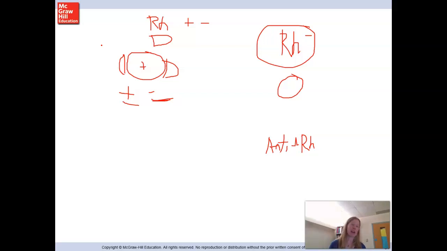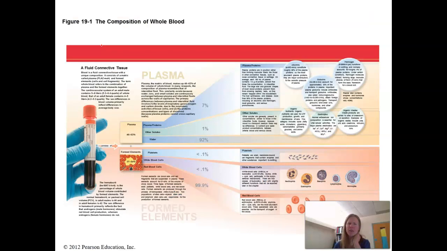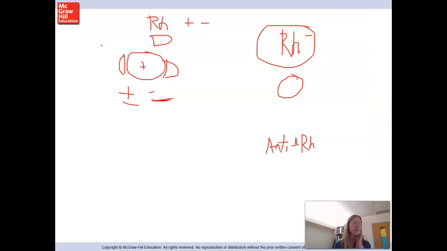One of the really fascinating things that happens though with this antigen, do I have this picture? No. So one of the really crazy things that happens, so the ABO blood groups are too big to actually cross the placenta, but the Rh blood group can actually cross. And so what ends up happening is if you have an Rh negative mom,